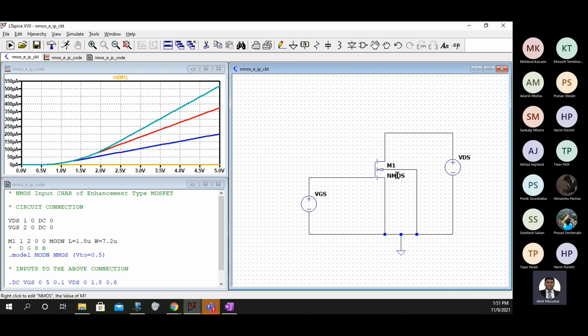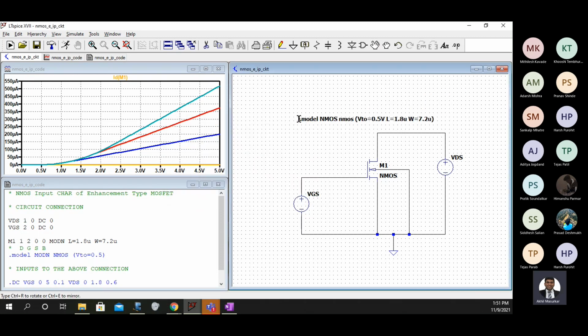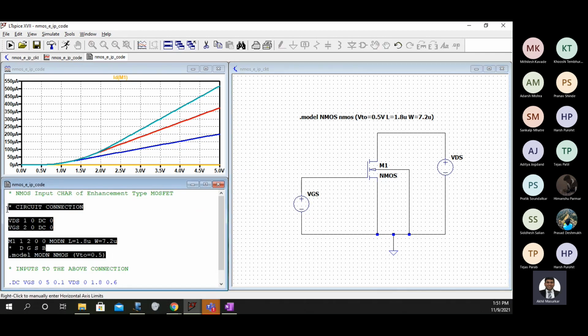So the name of this device is NMOS, so I'll write here dot model NMOS is an NMOS, and the threshold voltage of the device is 0.5 volts, length 1.8 microns, W 7.2 microns. Okay. So now we have done the circuit till these lines.